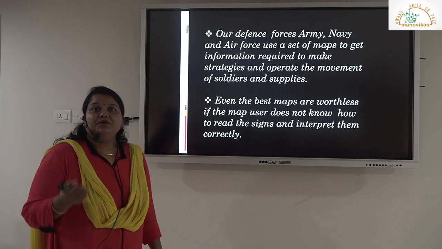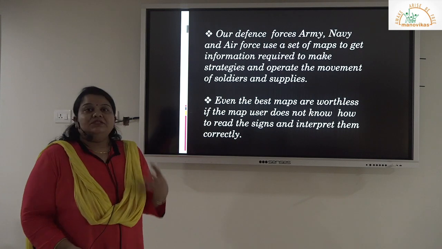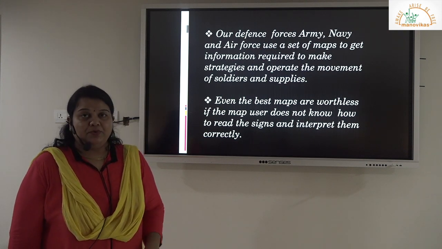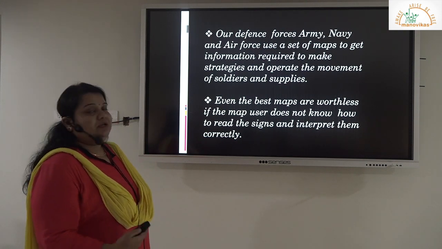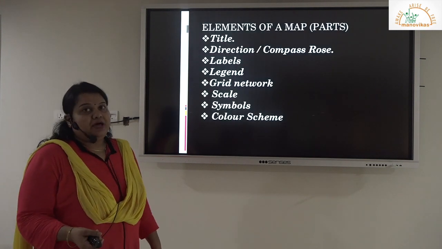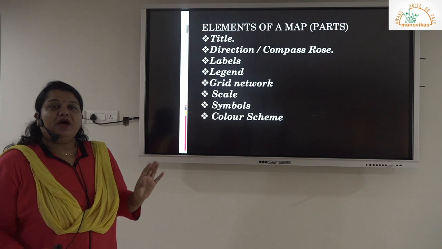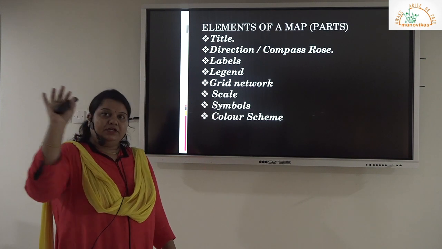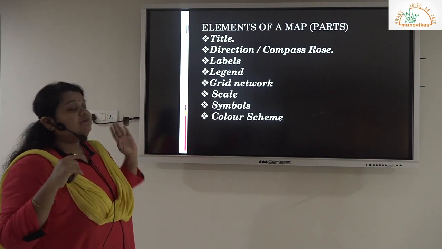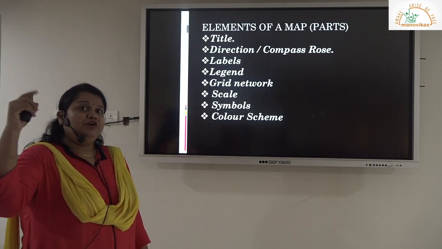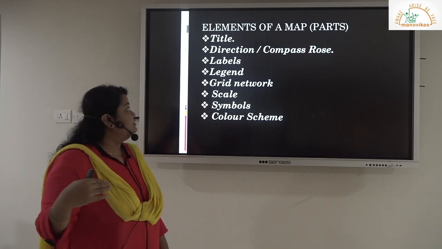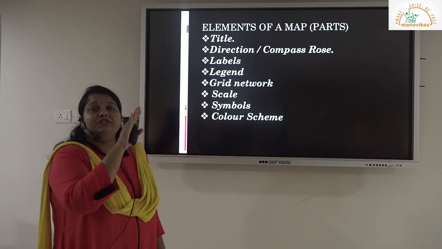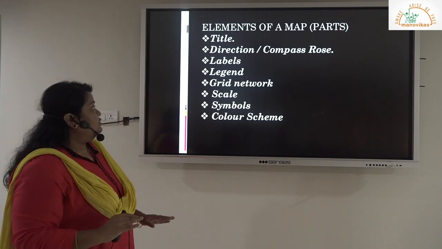So in order to understand the map, we need to focus on certain key concepts. These key concepts are the elements of a map. They are also known as parts of a map. Let us check that. Elements of a map include your title. Any map has a title. For example, if we are focusing on a physical map of India, there will be a title, India physical. Then there will be a direction, showing the north point, so automatically you come to know the remaining directions. Then you have labels. If it is a physical feature, the Himalayas will be shown. You will see the northern plains, Deccan Plateau, and so forth.